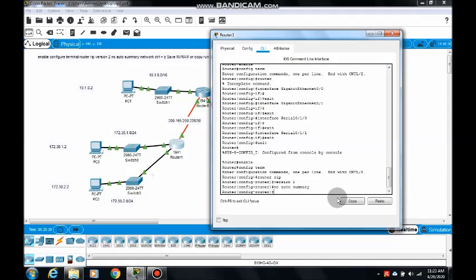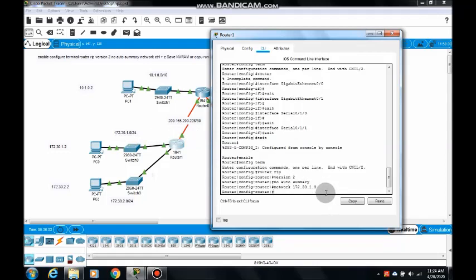Okay, now give the network command, network 172.30.1.0, which is one network connected with router 1. So 1.0 is a network connected with router 1.